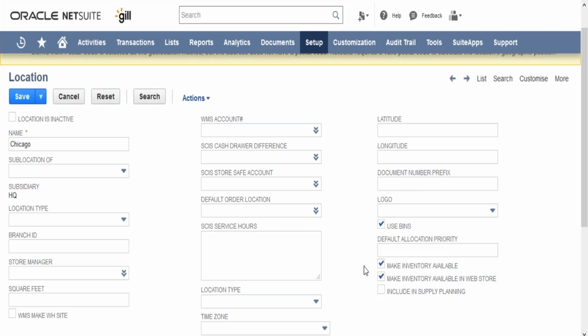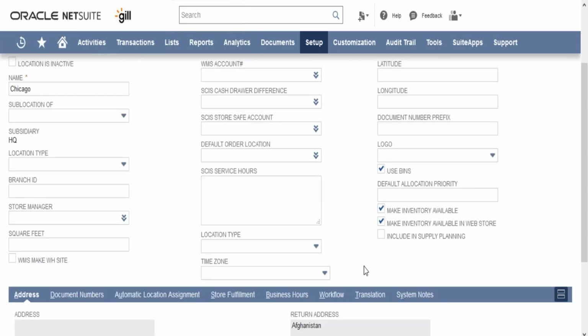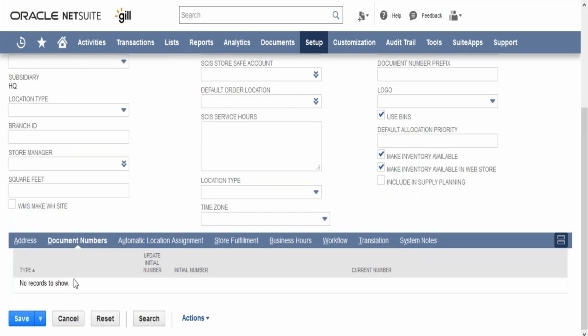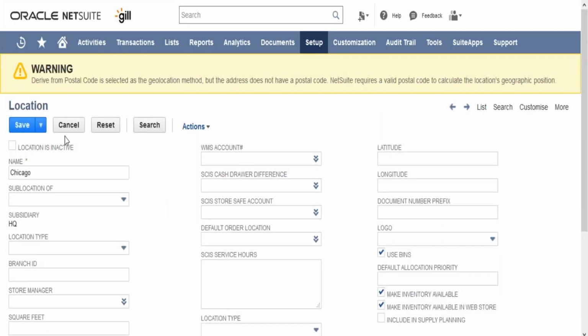Okay. Apart from that, you can give it an address. You can give it document numbers. I'll show you when we go to the document number stuff in the coming sessions. So that's it. Apart from that, you don't need to enter anything, and you can just click on save and the location will get created.